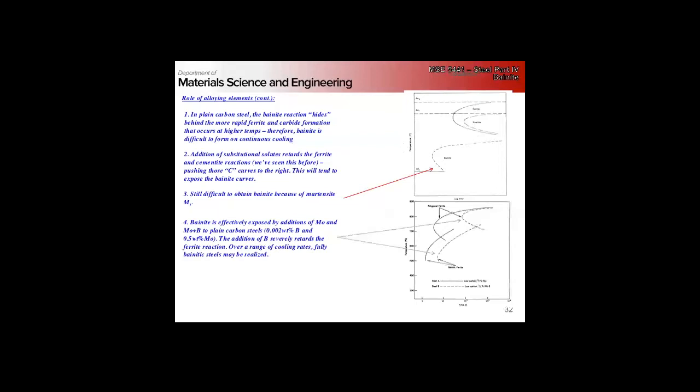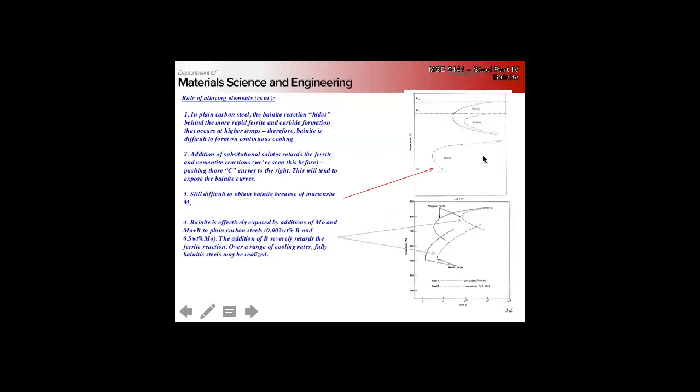So we have to add substitutional solutes to retard the ferrite and cementite reactions. We talked about that before, the pearlite growth, right? So basically, that has the effect of pushing the nose of these curves in the TTT diagram over here to the right. So that means with a cooling curve, you can miss the nose of the ferrite curve